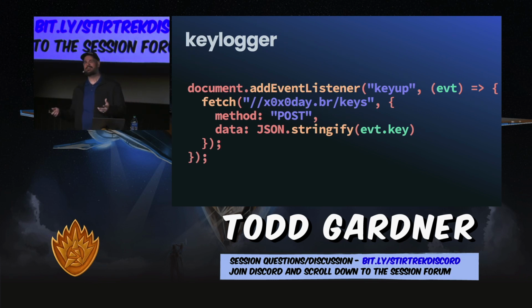A simple keylogger, we're just listening at the top level for every time the user does a keystroke. And when they do, we just send those keys off to our endpoint. Obviously, a real attacker would have something a little bit more advanced than this. It would probably batch things up, and this would be really obfuscated and coded, and you wouldn't really see that this was a thing. But this is taking a copy of every keystroke and fetching it, like posting it off to